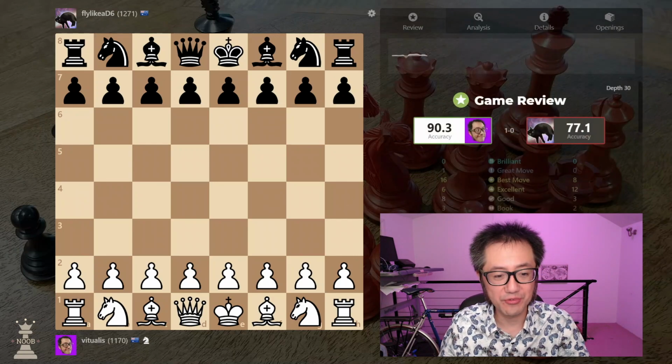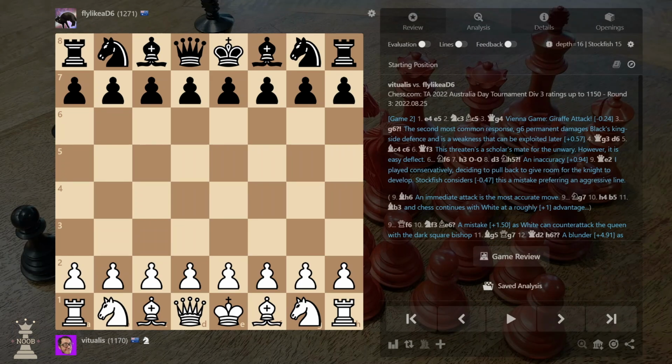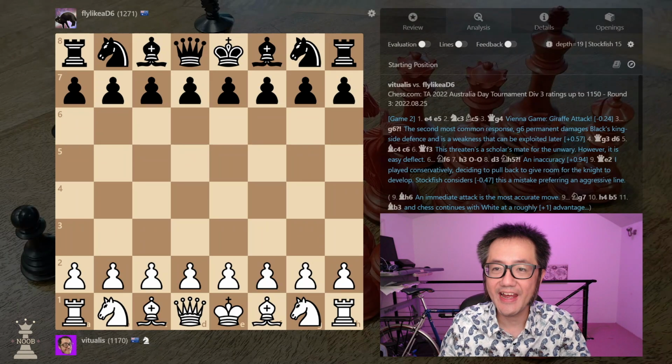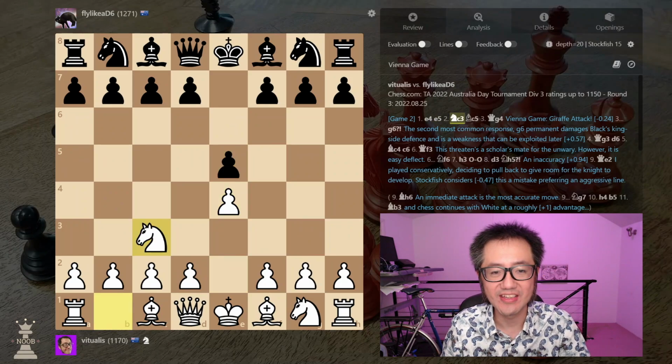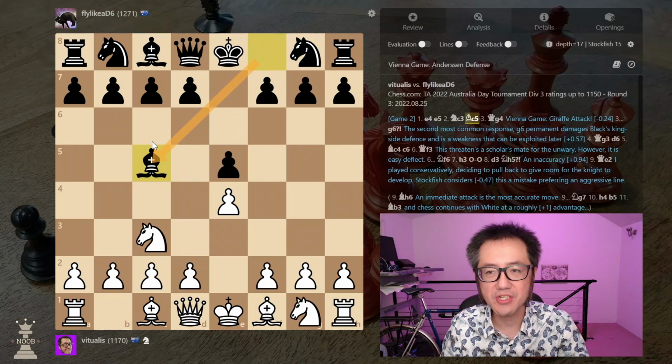Well, quick look at the review in this game, and as you will see, I did very, very well. High accuracy game. I held onto the white pieces, and I got to play a Vienna, e4, e5, knight c3. Now, my opponent is obviously a fan of an early bishop to c5, and